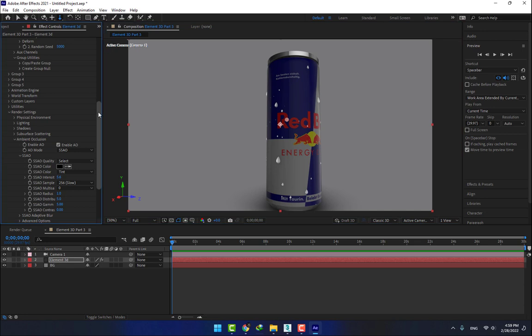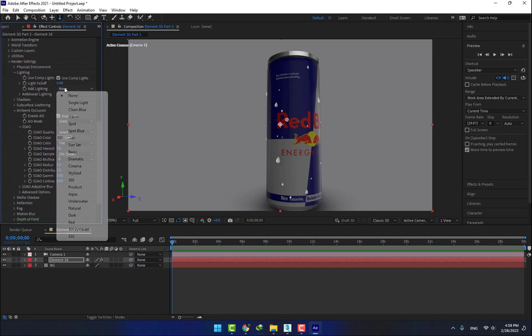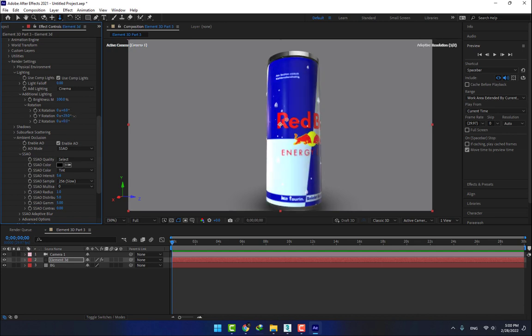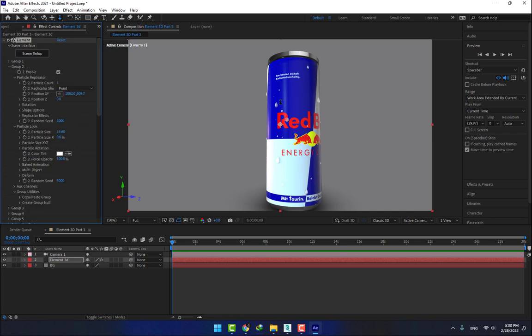Okay, change the light direction, select cinema or additional lighting, rotation, and then change the liquid color, energy drink, go back to scene setup,